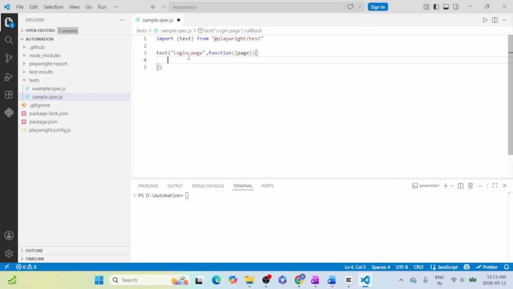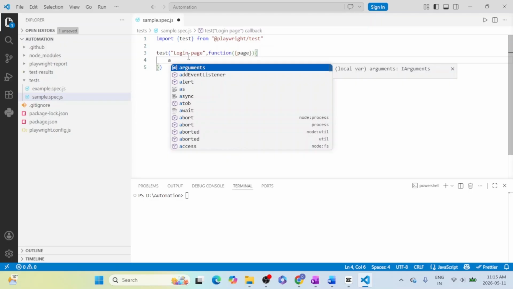Like I want to log in to the application. In order to log in, we need to go to a particular URL, then enter our username, enter our password, and then click on the button. These actions we will be writing inside one function. But for now, let's go with the basics. Right, await,